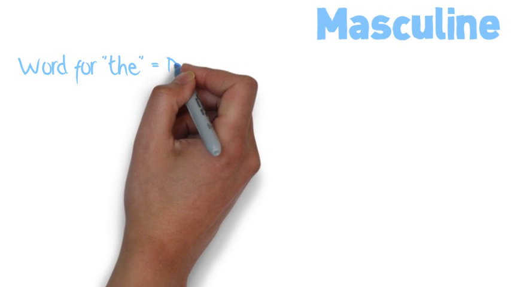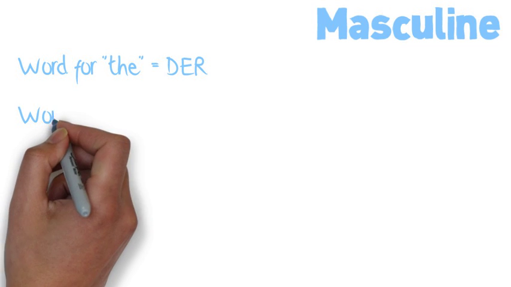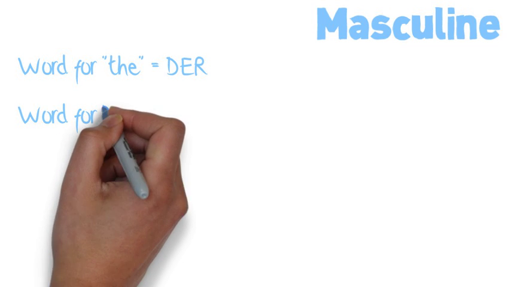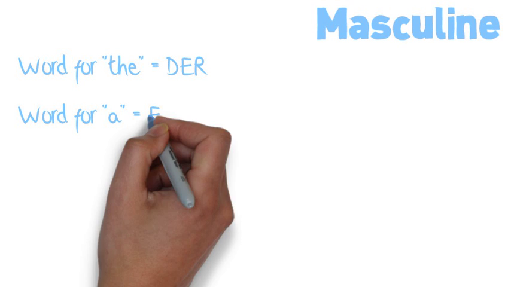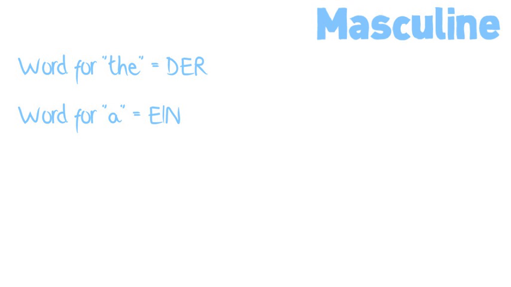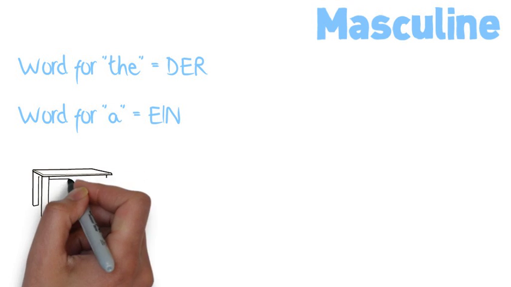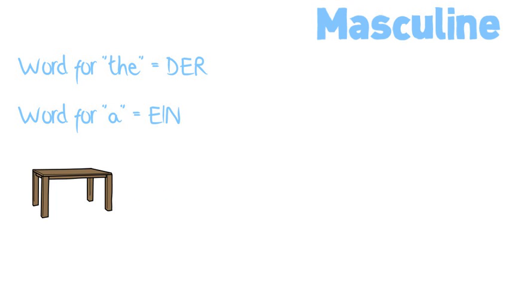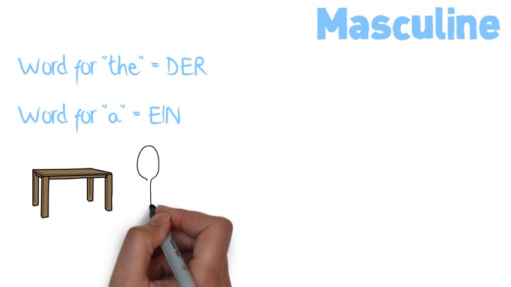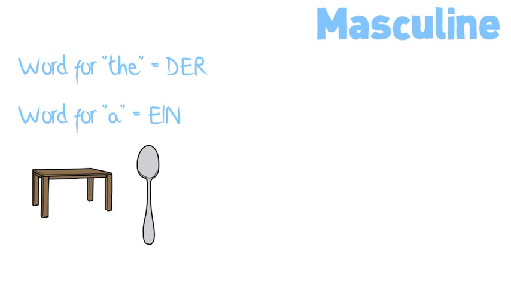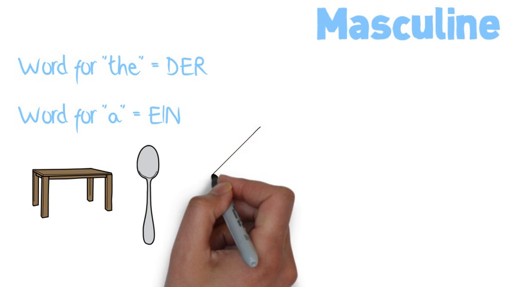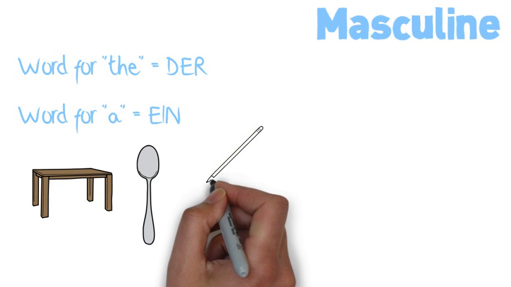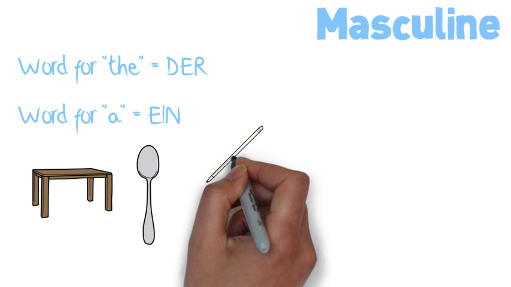Let's talk about masculine nouns first. Here's what all masculine nouns have in common. When you want to say the with a masculine noun, you'll use the word der. When you want to say a, you'll use ein. For example, the German word for table is Tisch, and this is a masculine noun. That means you would say der Tisch if you wanted to say the table, and ein Tisch if you wanted